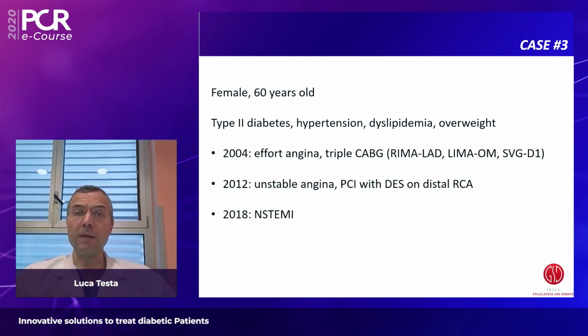This is case number 3. This is a female patient, 60 years old. Again, type 2 diabetes, hypertensive, dyslipidemic, with overweight. So, in other words,